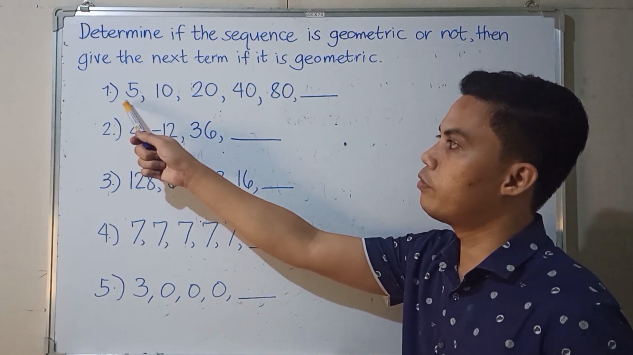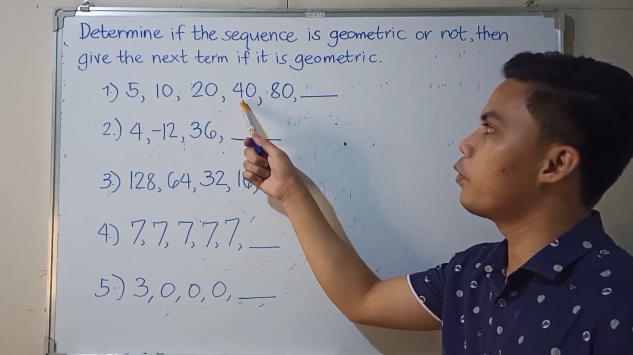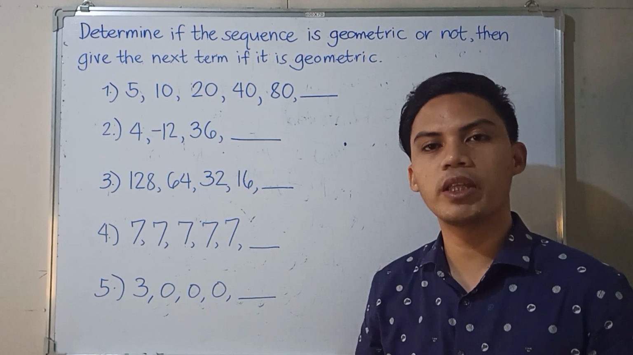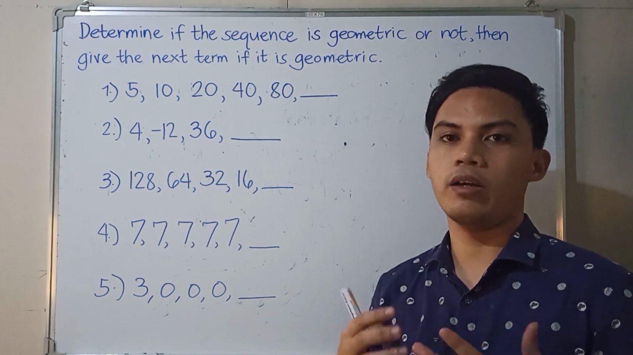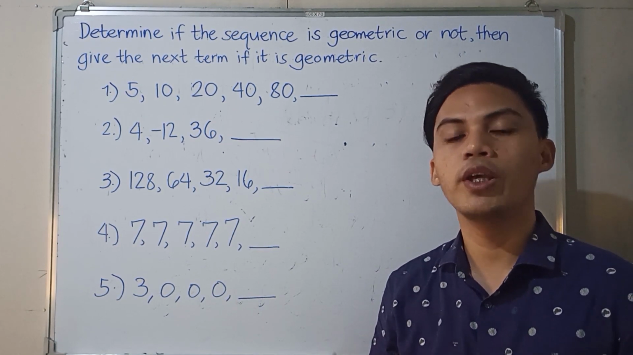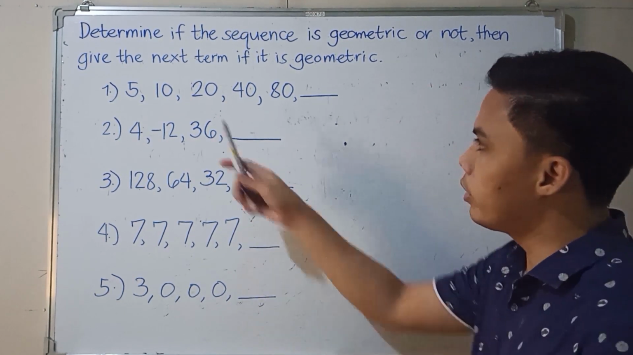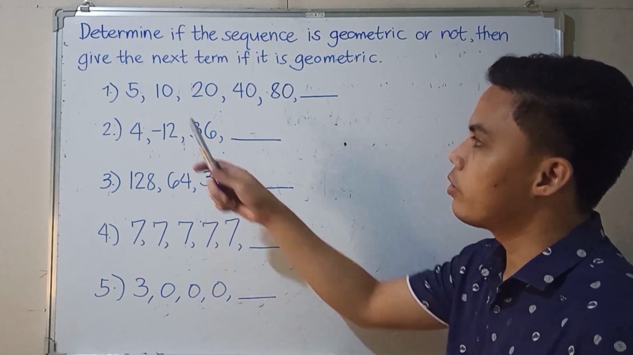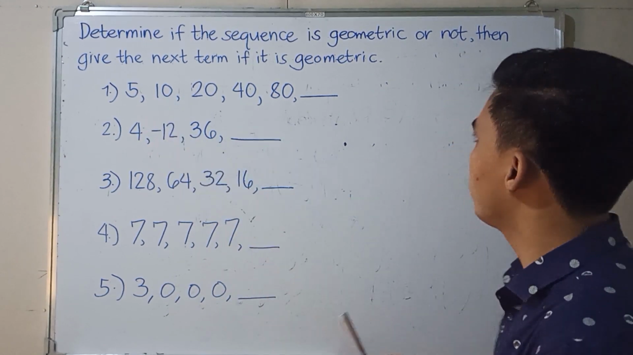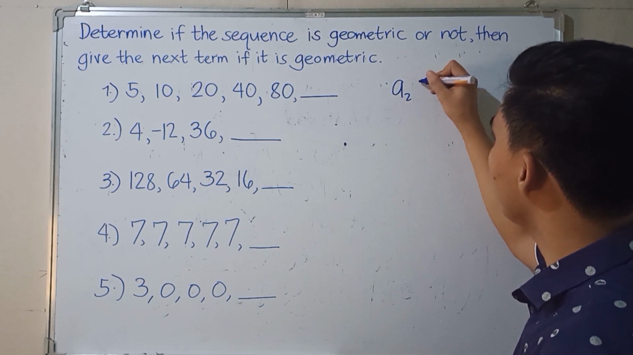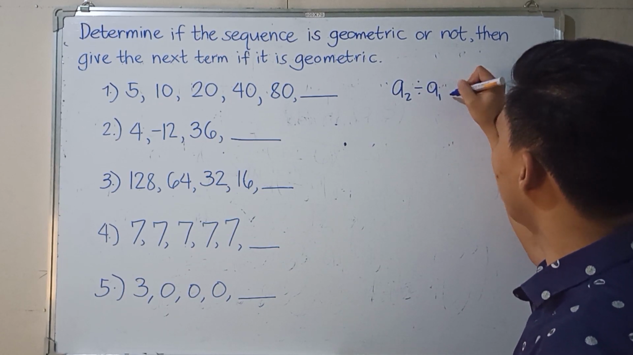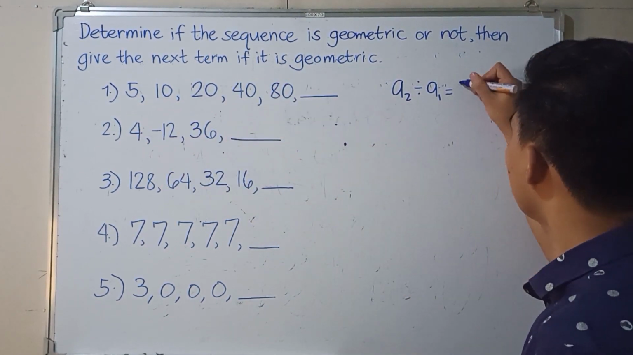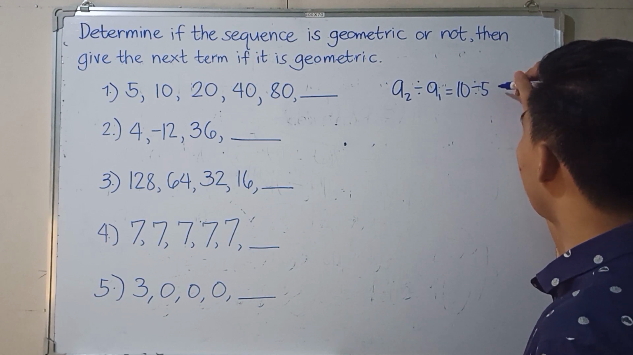Let's have number 1. We have 5, 10, 20, 40, and 80. Again, ang dapat nating tandaan sa geometric sequence na concept is that meron siyang common ratio. Okay. So, tingnan natin yung number 1. May common ratio ba ang number 1? So, paano natin malaman? So, that is 10 divided by 5. We can have a sub 2 divided by a sub 1. That is equal to 10 divided by 5 is equal to